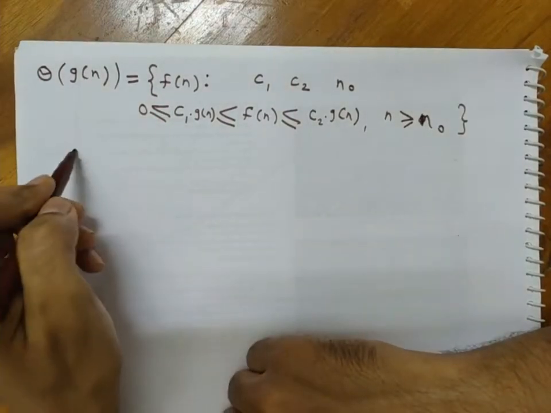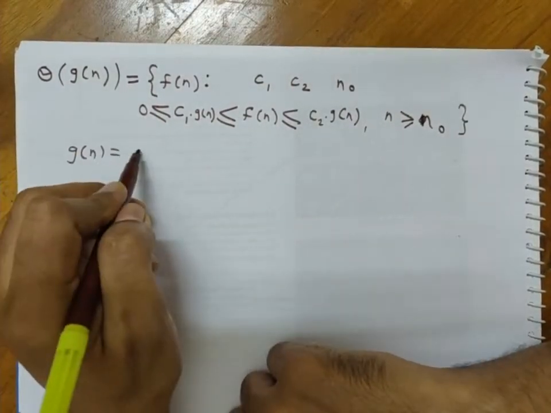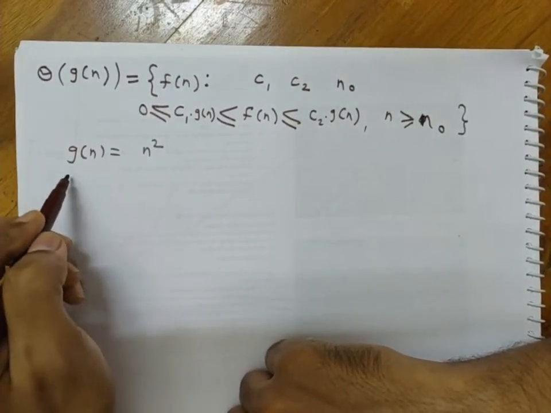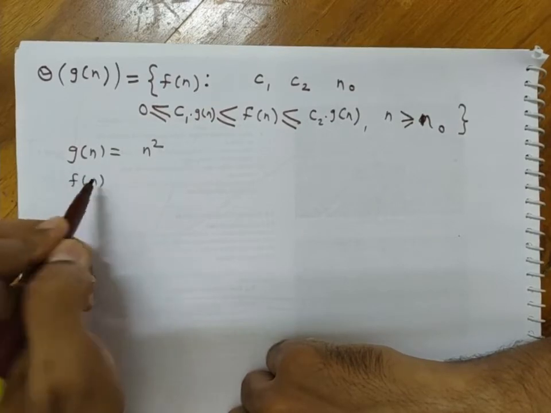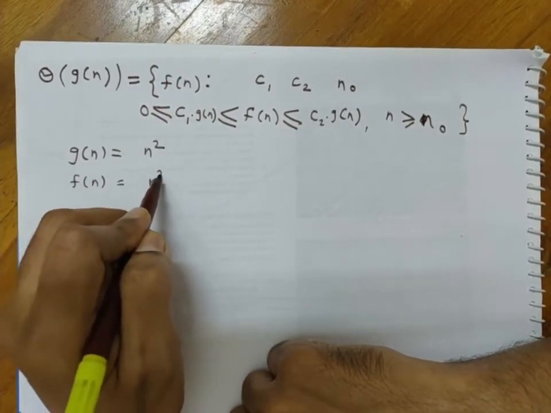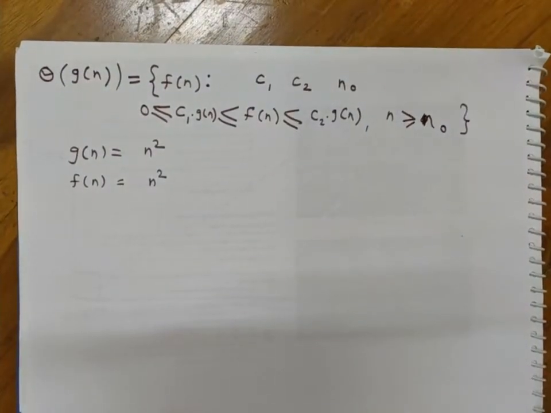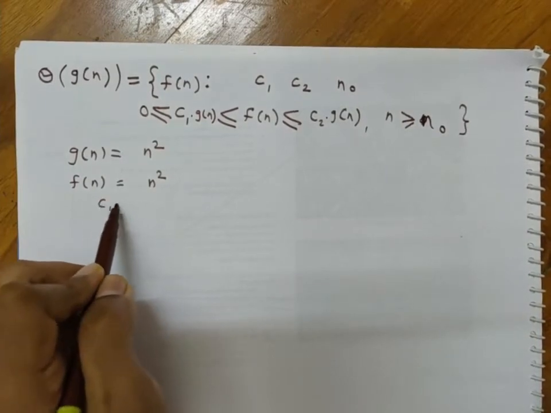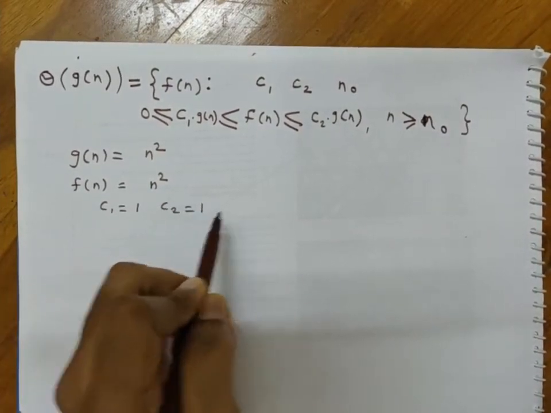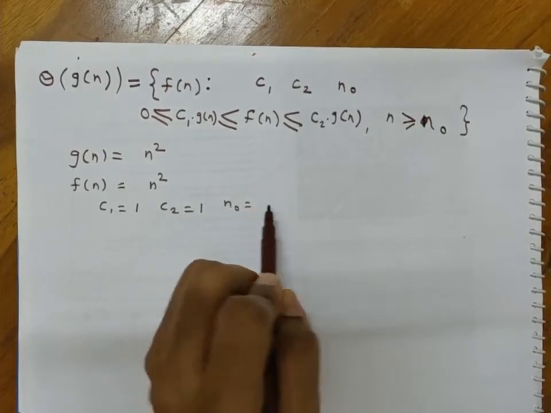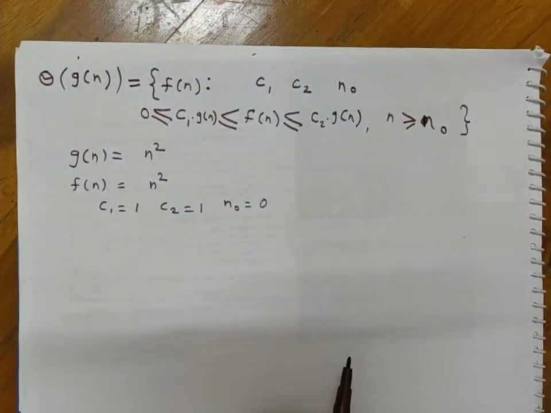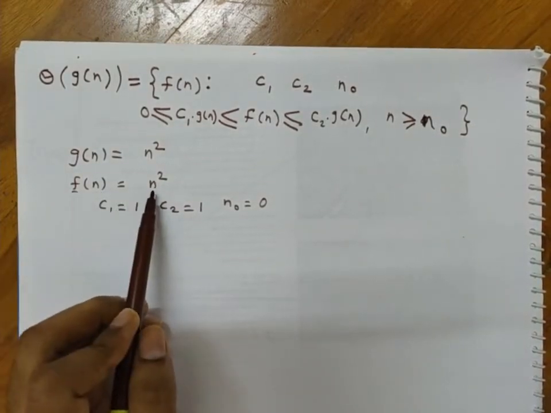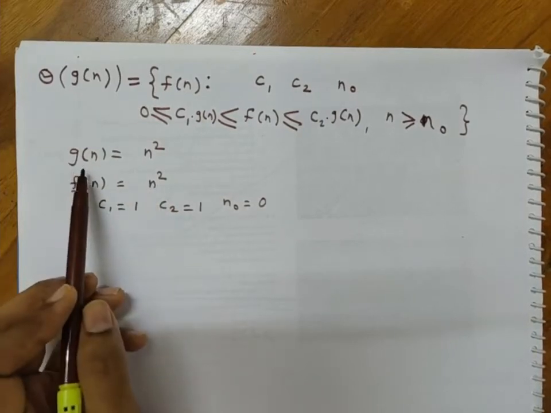For example, if my g(n) is say n square, then the question is whether function f(n), I'll call it say n square, does it belong to theta of g(n)? It does, because I can have the values c1 equal to 1, c2 equal to 1 and n0 equal to say 0. Okay, for these values the function f(n), which is n square, meets the criteria for belonging to